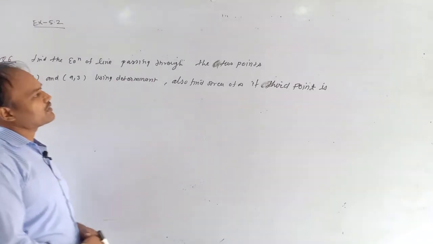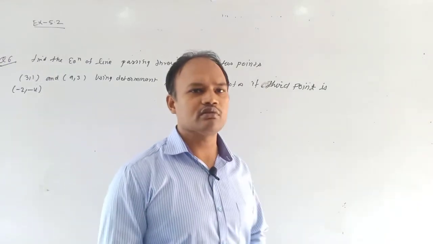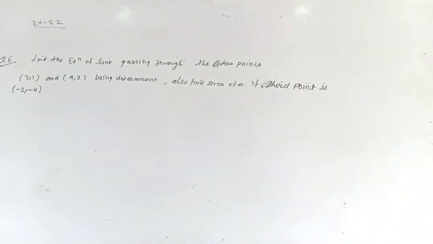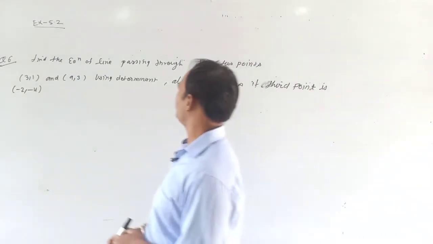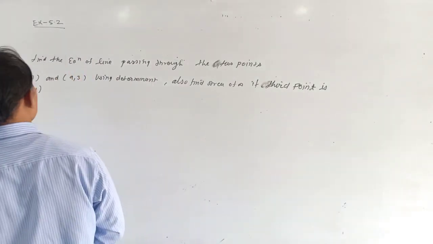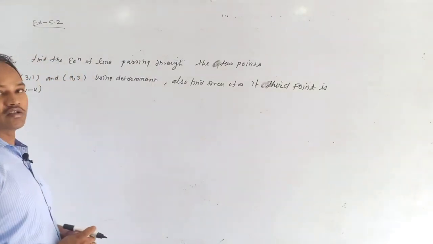Find the equation of the line which is passing through 2 points. It is a very simple question, but maybe a conceptual one. It is based on theory. Find the equation of a line which is passing through the 2 points. It means